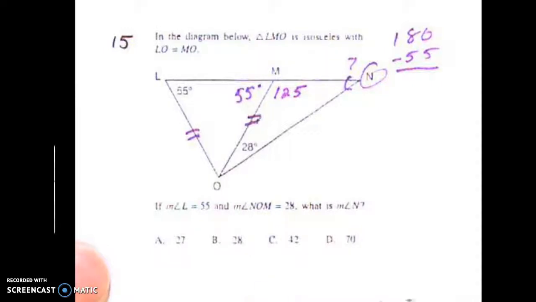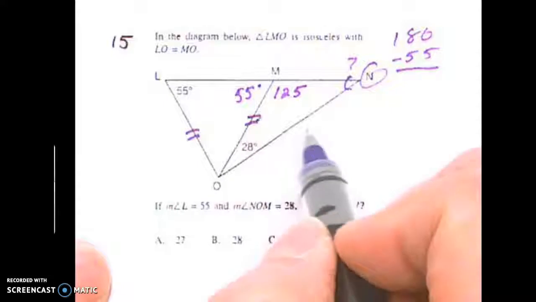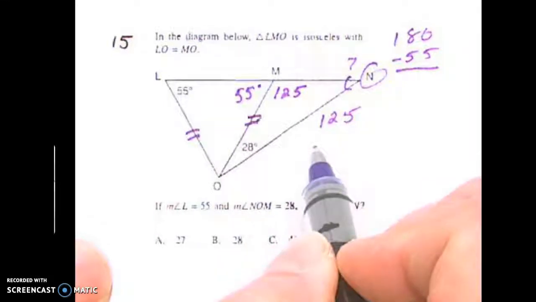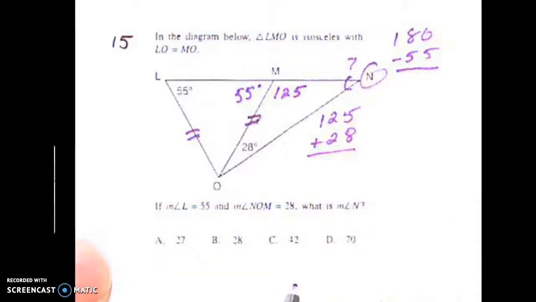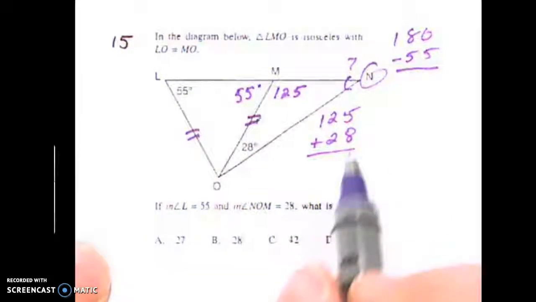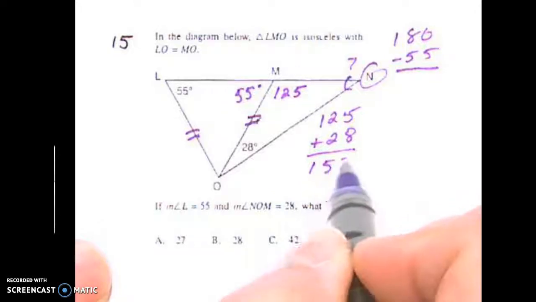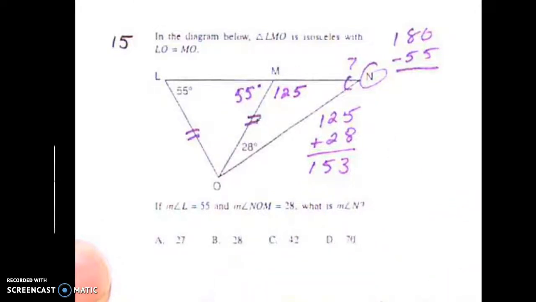I now have 2 angles in my triangle, and I need to find the third angle. So I'm going to add the 125 plus the 28 together. When I add the 125 plus the 28, I get 153. I need to take 180 minus